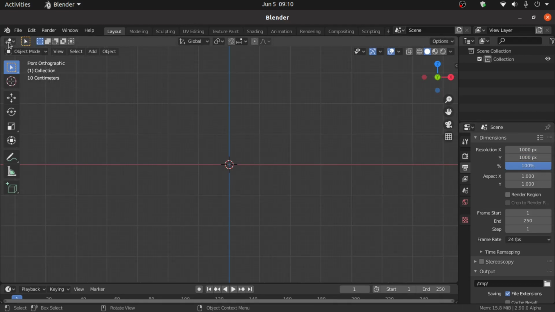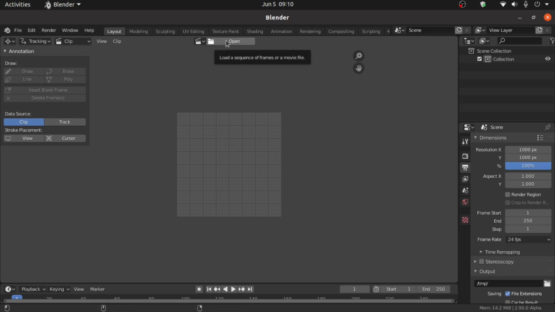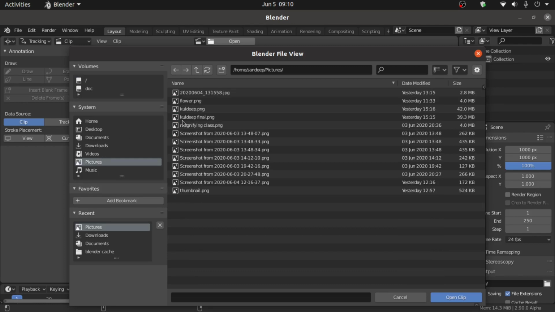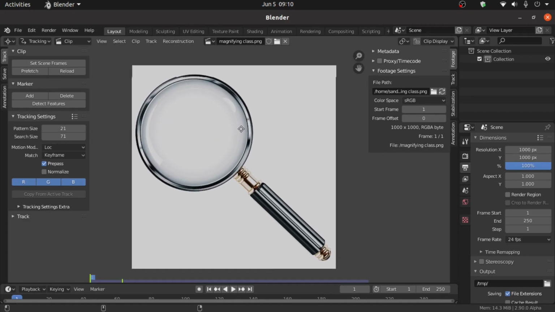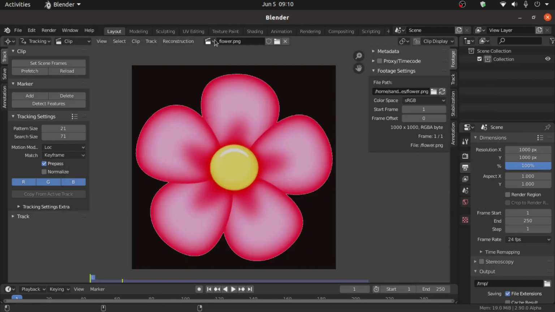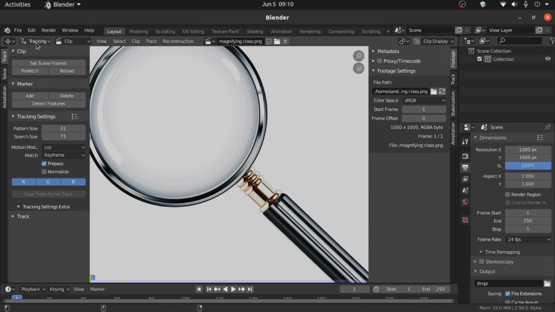Now switch to movie, click on this arrow and select movie clip editor and click on open, and we have to open the magnifying glass first. So this is the magnifying glass, and we have to also open the flower. So click on this flower and just open this, select the magnifying glass, and we have to switch to